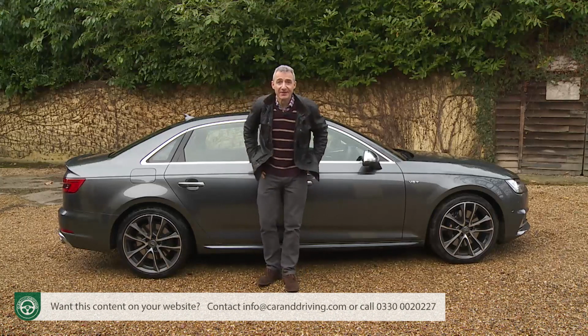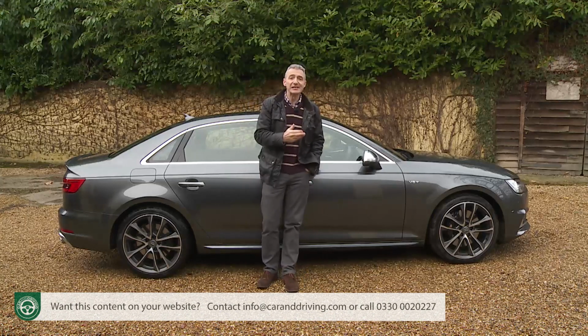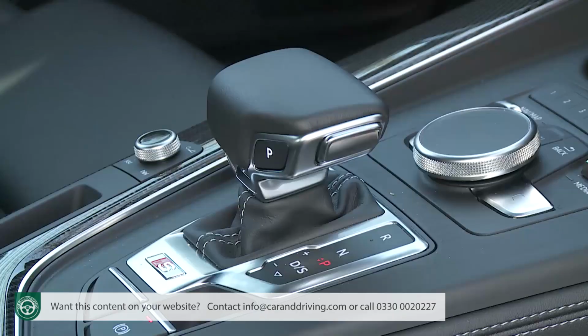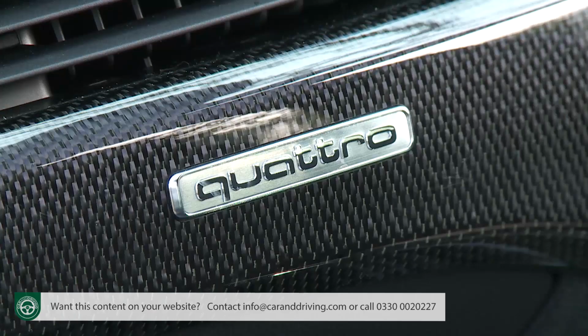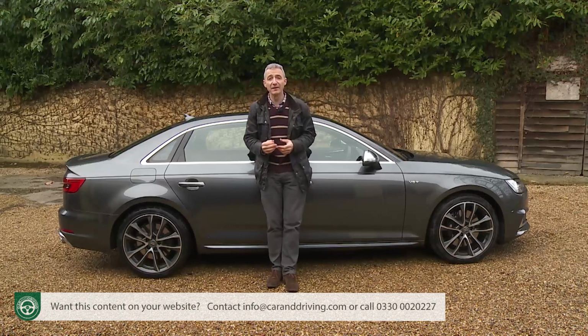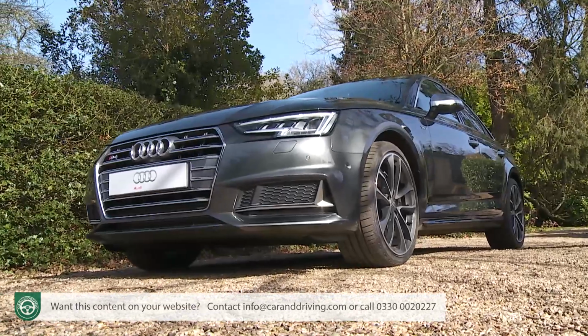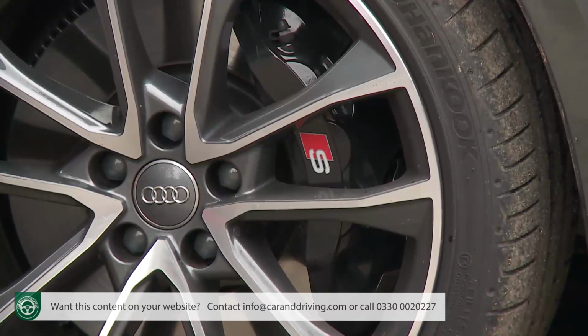So, if having considered all of that, you conclude that it is an S4 that you really want, then you're going to need to know just how generous Audi has been with the standard spec. So, let's take a look at that. Now, we've talked about the standard auto gearbox and quattro setup. Other mechanical fundamentals to the S4 package include firm, lowered S Sport suspension and an S model enhanced braking system